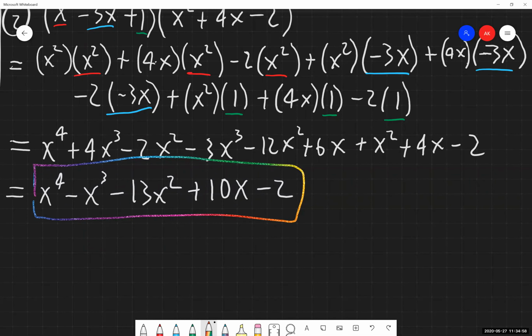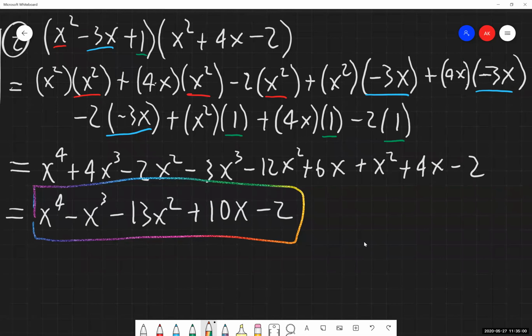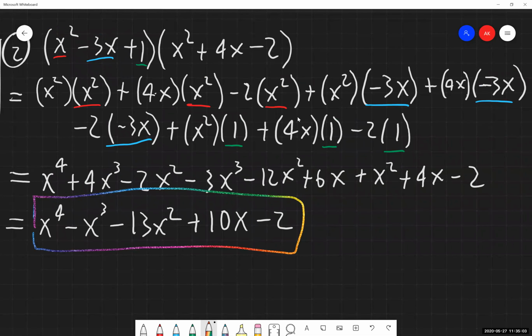So again, I'm hoping it is becoming abundantly clear that you want to keep your work organized as you are going through this. These are not very easy problems if you are just throwing numbers around and throwing terms here and there just because. If you're doing that, you're probably going to be getting wrong answers. And again, taking these things in parts, just do this at a time, just do that, just do that, just do that. As soon as you break these things down, the individual operations and calculations that we're doing, I don't think they're particularly difficult. It's very similar to what we were just doing earlier.